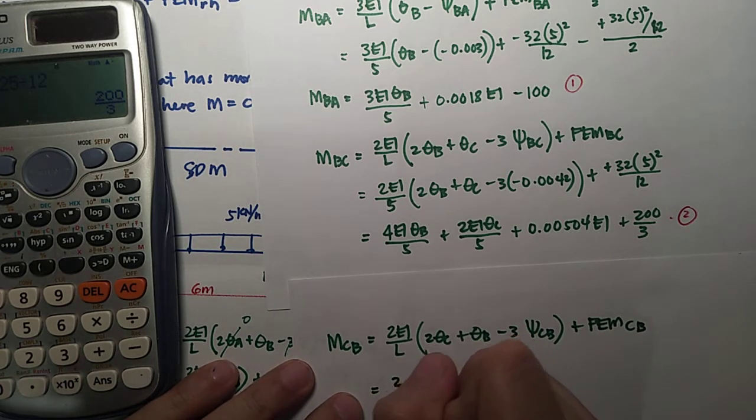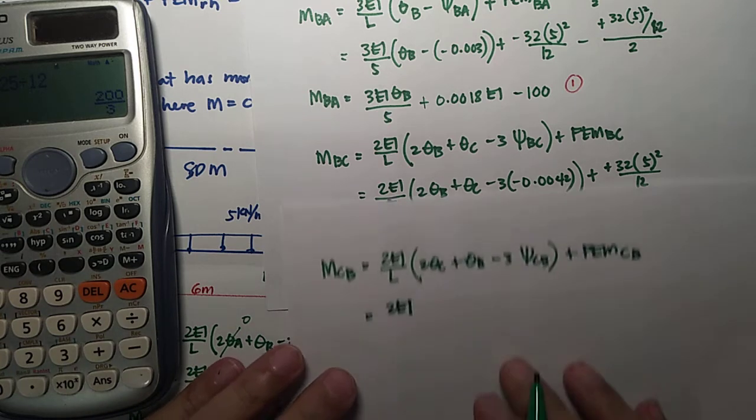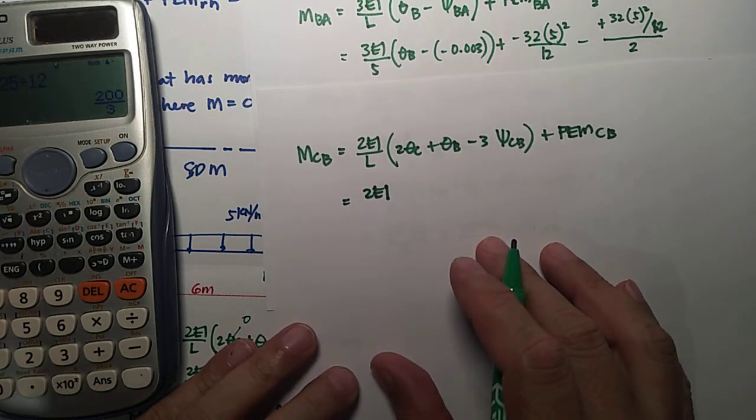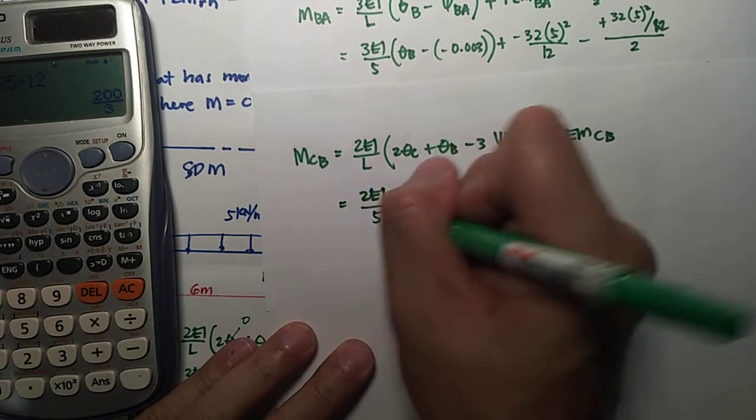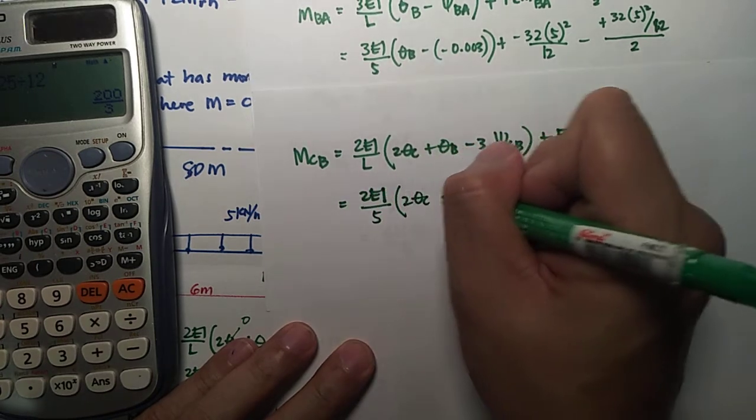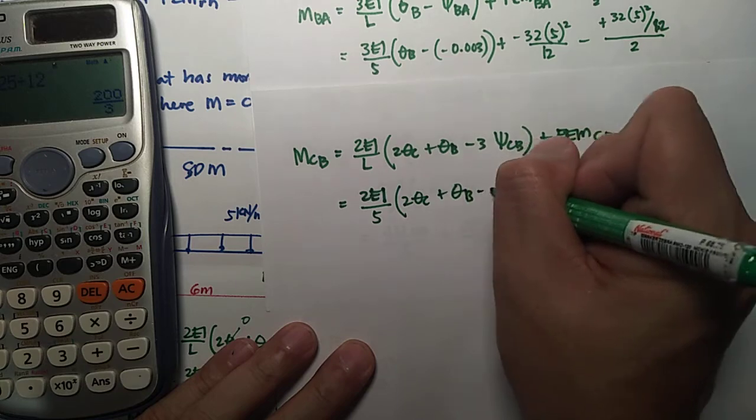Substitute natin. 2EI over L. L is 5 meters. 2 theta C plus theta B minus tatlong